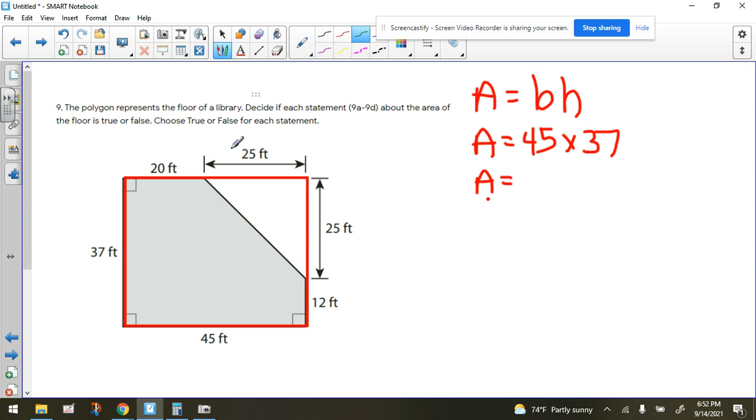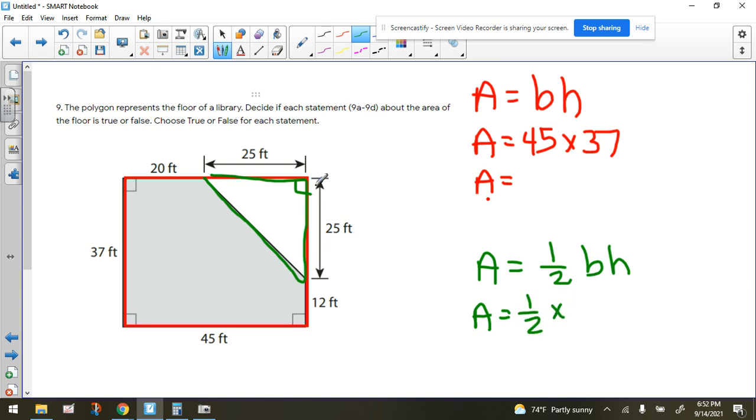Now, keep in mind that we also have this little triangle, which I call a cutout. And we have the information to get the area of that, right? We would look for the numbers that are perpendicular to each other. That's these two numbers. And we have those numbers. So the formula for area of a triangle, recall, is half of the base times the height. And we would use these two numbers as the base and the height because they're perpendicular. That's a right angle right there. So we could do half